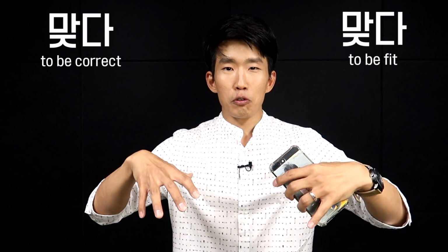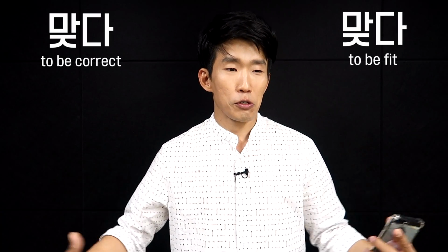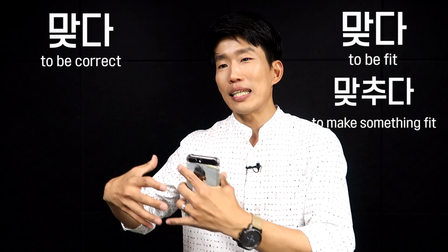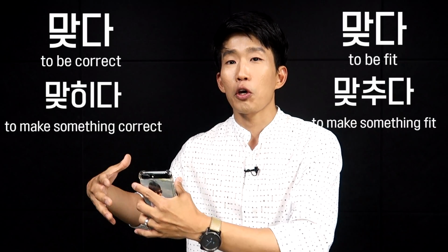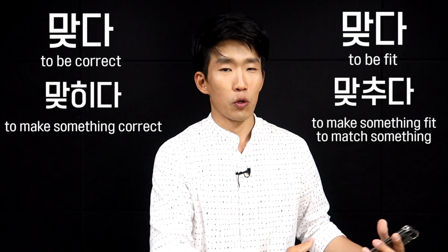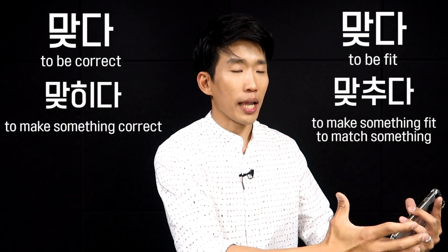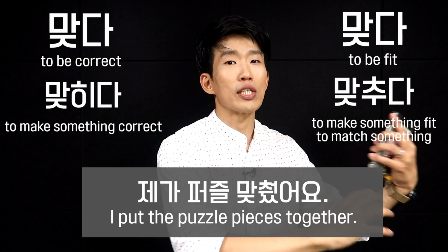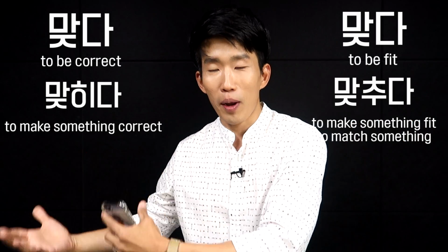These two 맞다s have 2 different types of causative forms. 맞추다 means to make something fit, and Hida or Machida in natural pronunciation means to make something correct. So 맞추다 means to match something. If there are puzzle pieces, you 맞춰요. 맞추다, and you say 맞춰요. 제가 맞췄어요. You put the puzzle pieces together. And if you guess something correctly, you can say